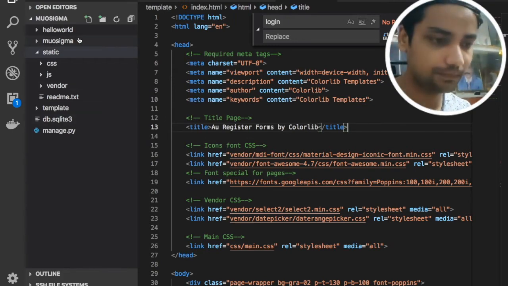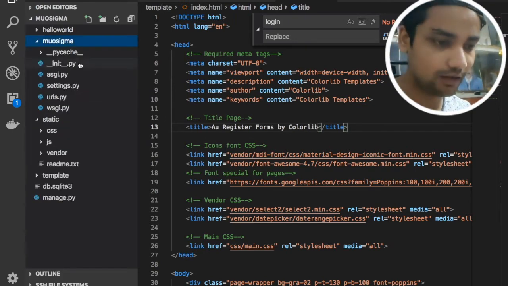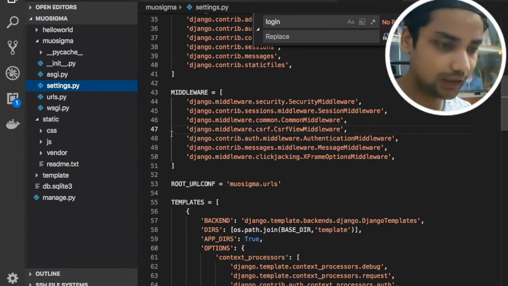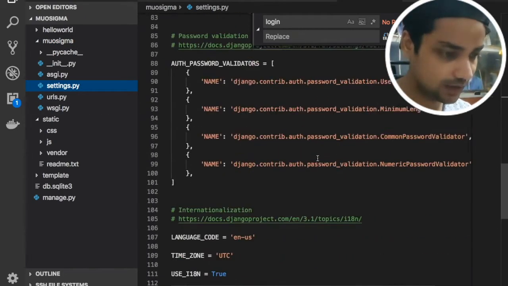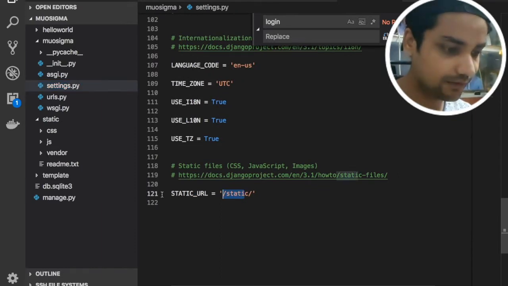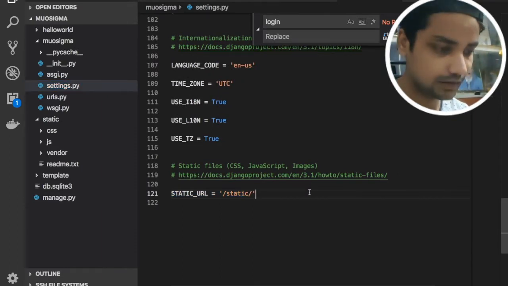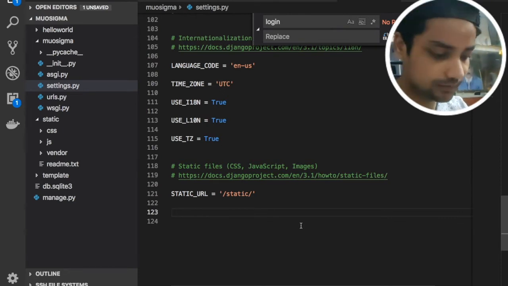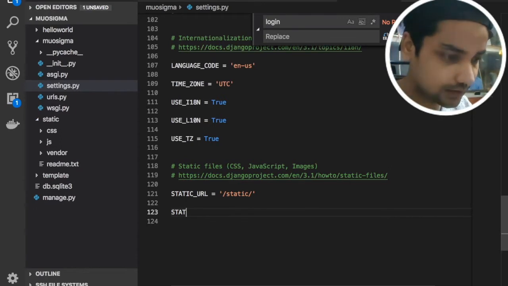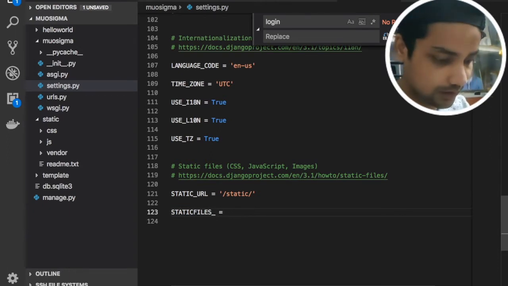Let's go inside our project. Under it we can see our settings.py file. At the bottom you can see we have the static URL. We need to specify our static directory, so let's type STATICFILES_DIRS.